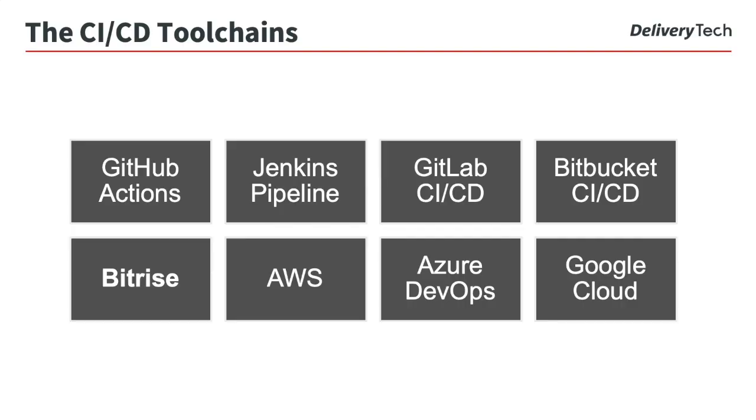In the market, we have a lot of CI/CD toolchains. For example, we have GitHub Actions, which is still in beta. With GitHub, you can design your CI/CD pipeline using a YAML file, and after that, you can start using your code with GitHub and running GitHub Actions. With Jenkins pipeline, you can build your pipeline. There are also GitLab CI/CD, Bitbucket, and Bitrise. With AWS, you can use different services to build your CI/CD pipeline, like AWS CodeBuild